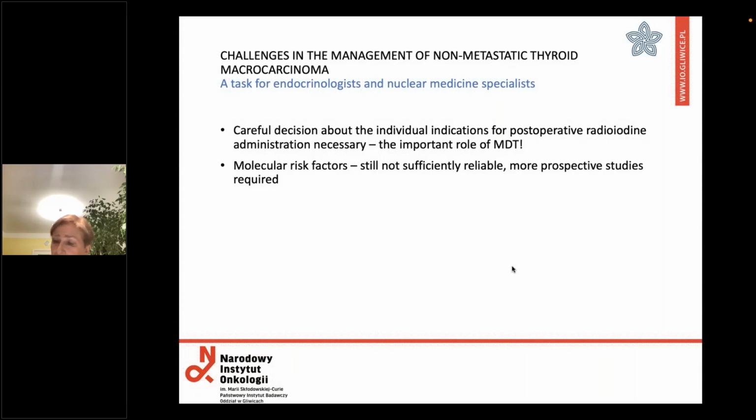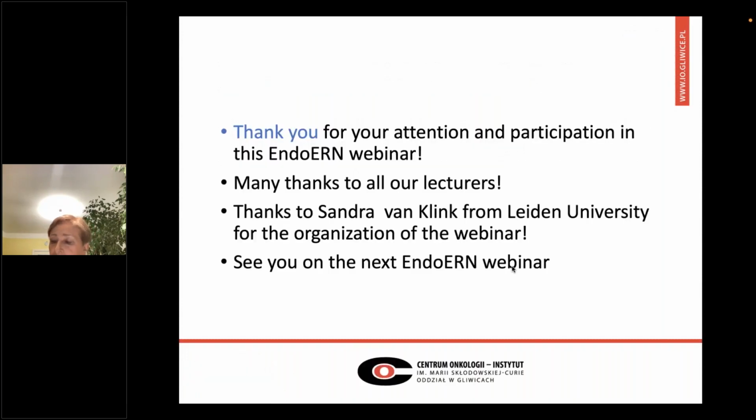As Dagmara extensively discussed, we realize that molecular examinations are still insufficiently reliable to foresee low-risk thyroid cancer and adequately plan thyroid lobectomy. And prospective studies are required to provide sufficient evidence. We could discuss a long